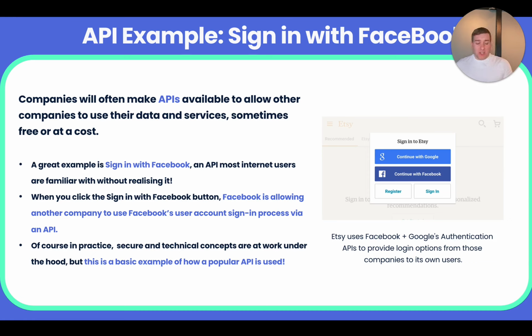You might have used Etsy. And when you try to register or sign into Etsy, you get this little box that shows up here, and you've got the option to either continue with Facebook or continue with Google. The thing that's really interesting here is that when you click one of those buttons, you're really using an API. So when you click continue with Facebook on Etsy, Facebook is letting Etsy access its database,